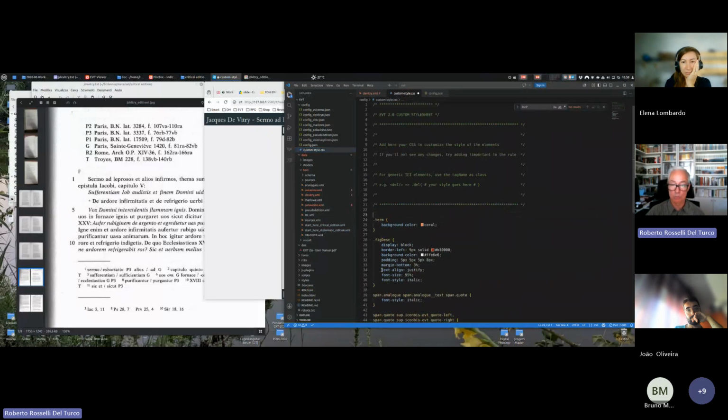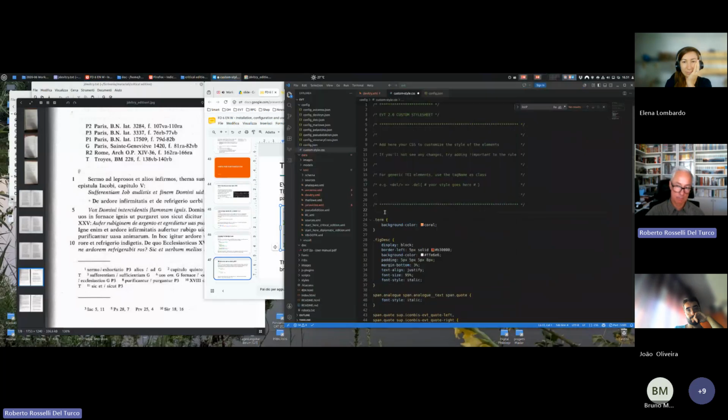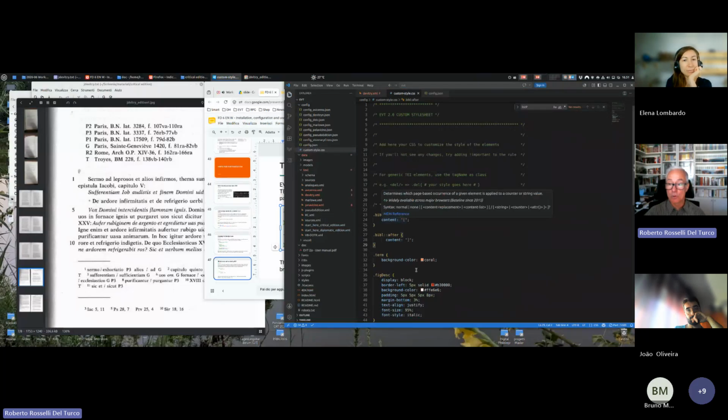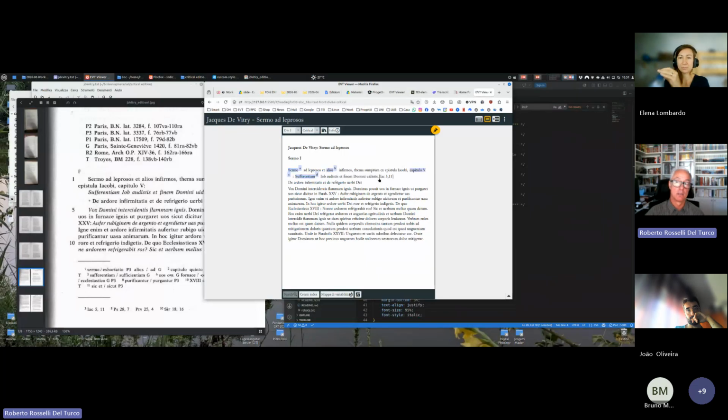with some examples already visible. If I go there and change the file, adding these two simple rules, hoping I didn't do anything wrong, this is saying: before each Bible, add an open square bracket; after a Bible, add a close square bracket. And so you have this, which is semi-bearable,